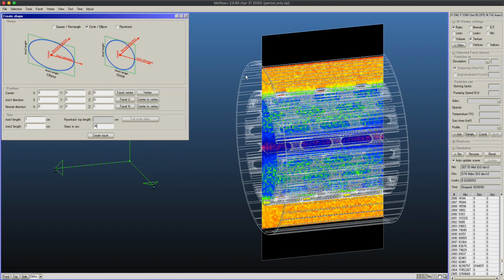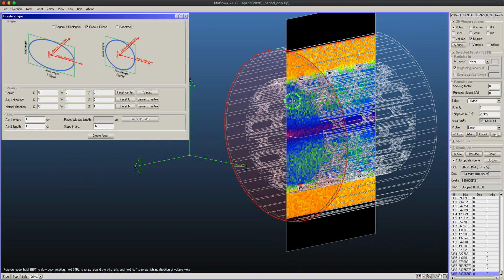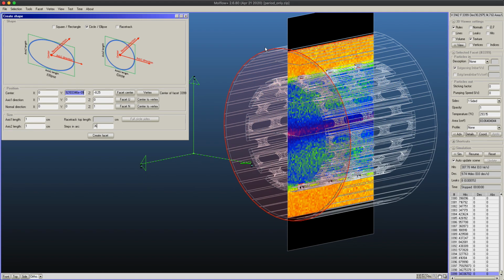So for that, I can select a facet and click on facet center, and it calculates that this is at the minus 8.25 centimeter coordinate. And the y coordinate is a very small number. This is because it's trying to get the center by calculating all sides of the facet. So obviously this should be 0. I will just replace it, otherwise you get tiny rounding errors. Now 10 to the minus 9 doesn't count that much. And basically we're ready, so I will just create